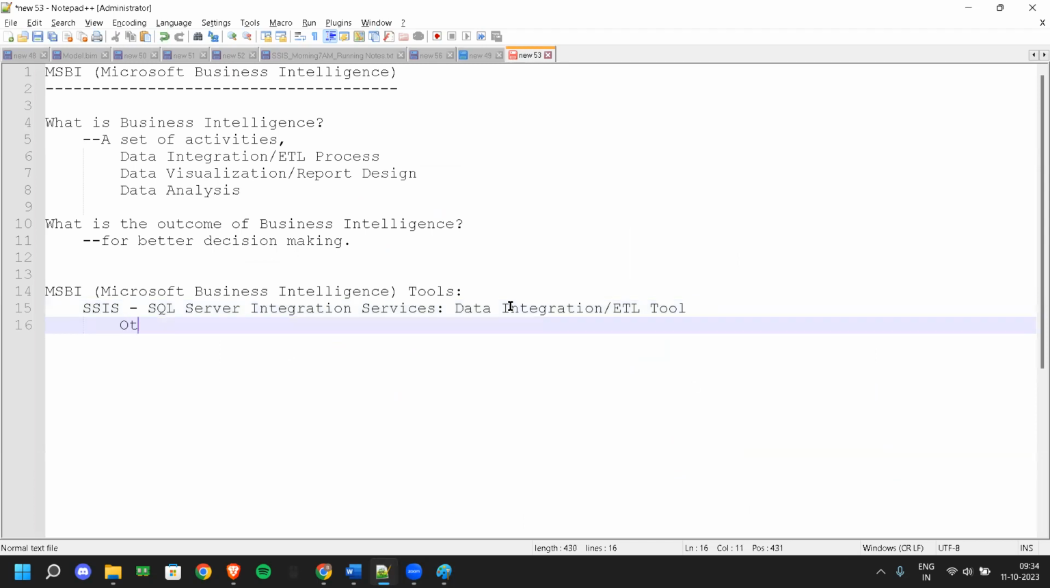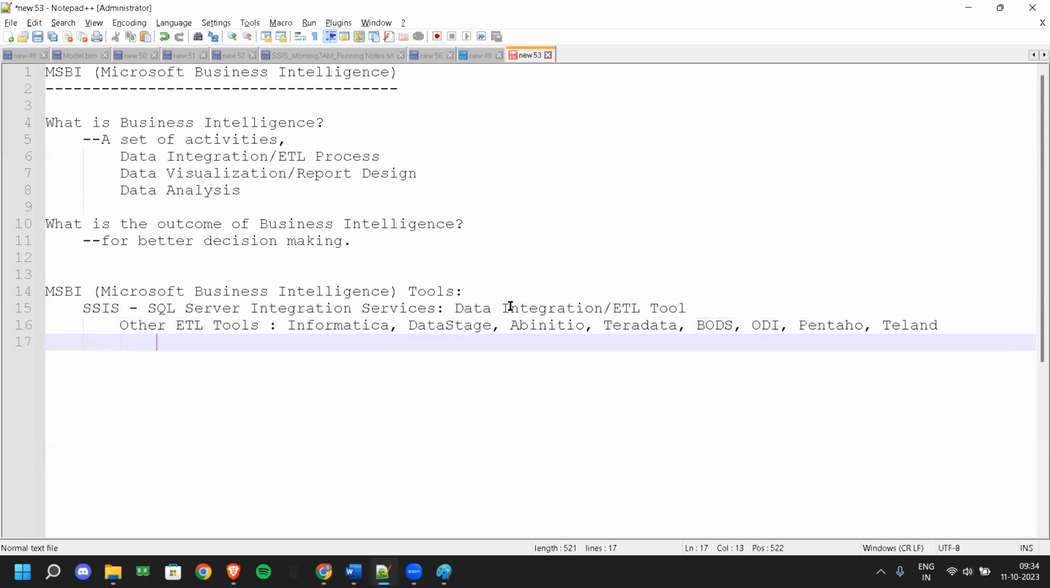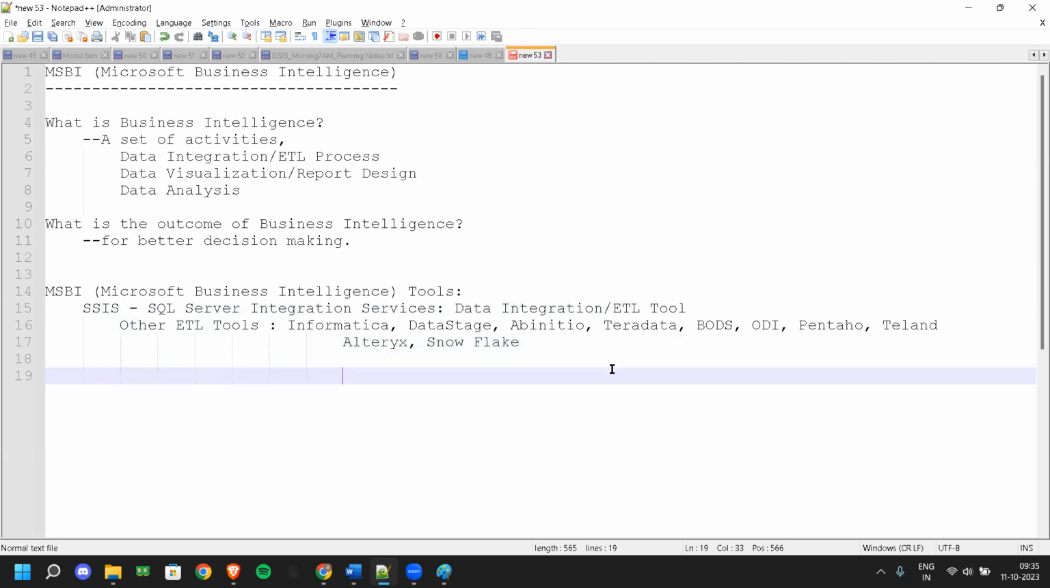What are the other tools available in the market? Other ETL tools: Informatica, DataStage, Ab Initio, Teradata, QlikView, BODS, ODI, Pentaho, Talend, Alteryx. QlikView is a complete data visualization tool, but it supports very basic ETL operations. Pentaho, Talend, Alteryx, Snowflake. These are the different ETL tools available in the market, in addition to SSIS. Next one,